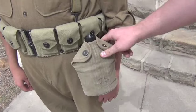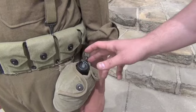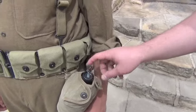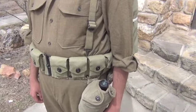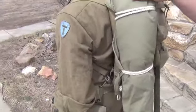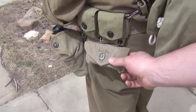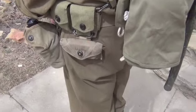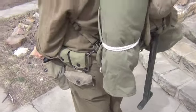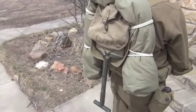This is the standard canteen cover. You're going to see variations in the canteens. Some are steel, some are aluminum, some have aluminum tops, some are Bakelite. This is a Bakelite model. All of them are acceptable. If you turn to the side, underneath his arm right here, we've got his Carlisle bandage pouch. Troops used to store all kinds of different things in these besides a bandage, so we have to have one of those as well. We also have the M28 haversack,